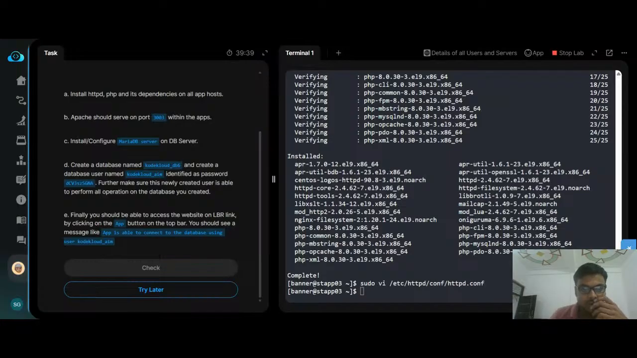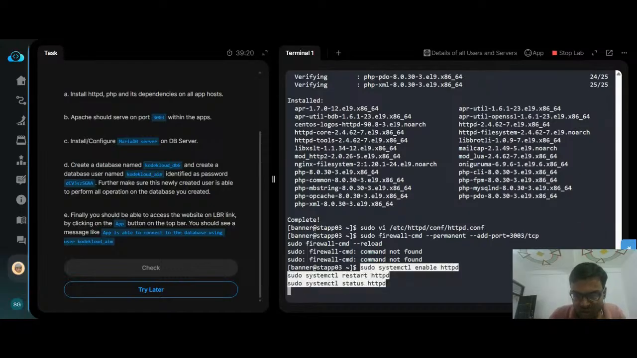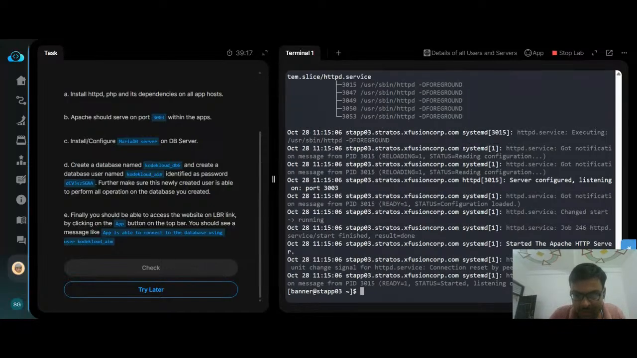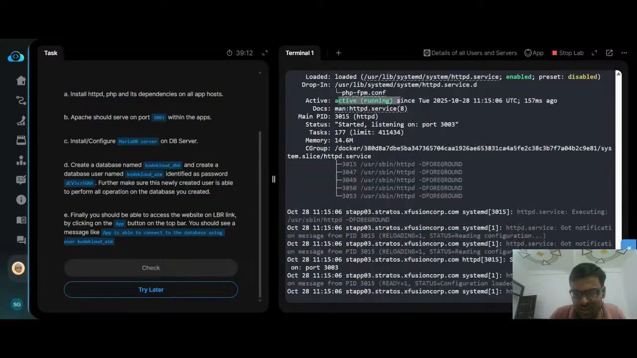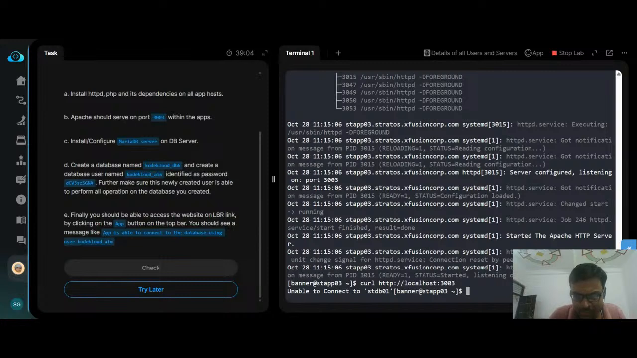After this, we have to update the firewall if applicable. I think the firewall application is not here, so it's of no use. Yeah, the firewall is not here. So I have changed the config, and now I have to enable Apache with systemctl. Is Apache running? Yes, Apache is running and started. And if I test whether Apache is running or not,